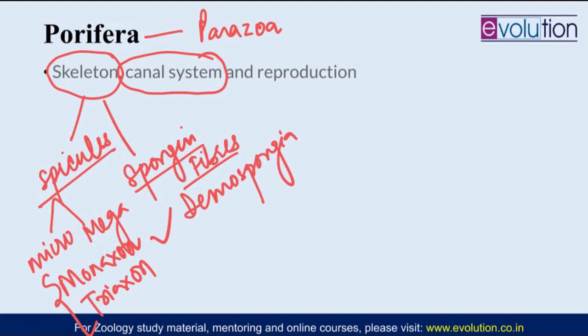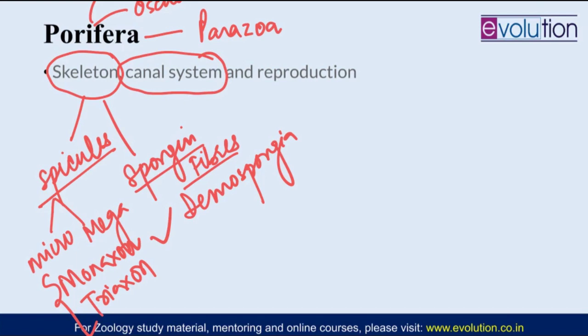There is a specialized cell in the body of a poriferan, that is the collar cell or choanocyte, and it has a flagellum. Because of the beating of the flagellum, a current is generated in the body which causes the water to move from outside into the body, and then it exits again from the osculum. So there are two pores in Porifera. One are the smaller but large in number ostia, and then there is generally one, but there can be many, large in size but lesser in number, that is the osculum.